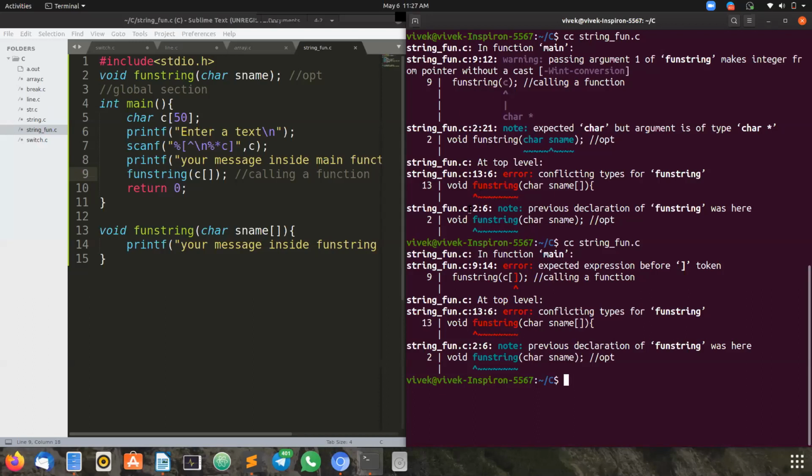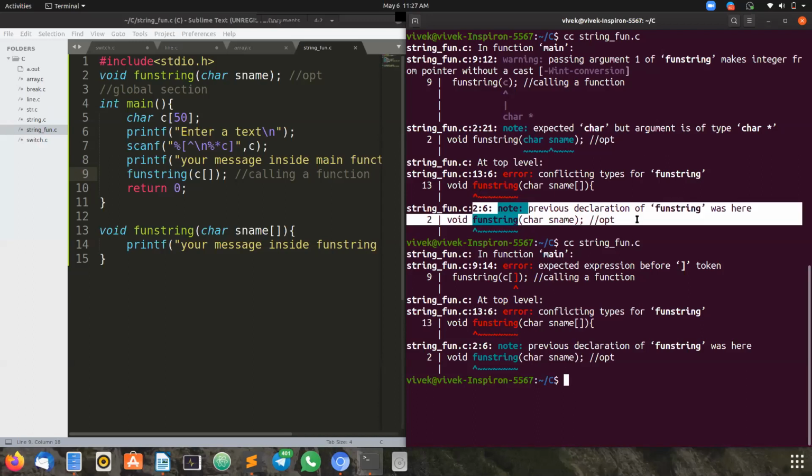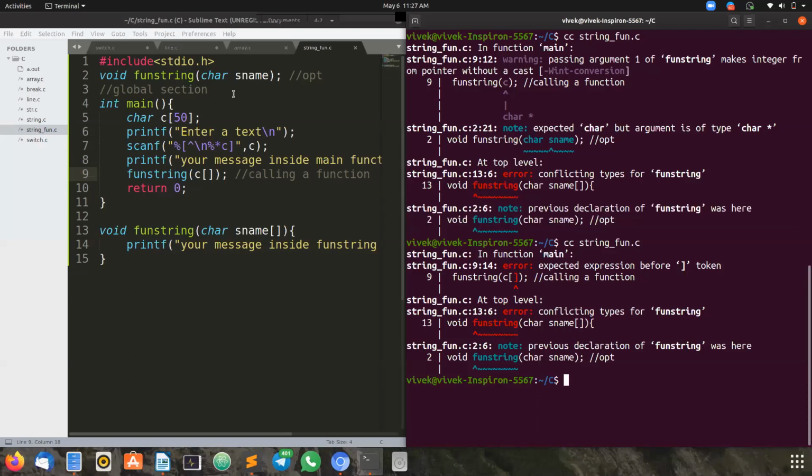Yes. At line 2, previous declaration of function string was here. Here we have to declare, we have to mention it is an array. And while passing, only the variable name is enough.